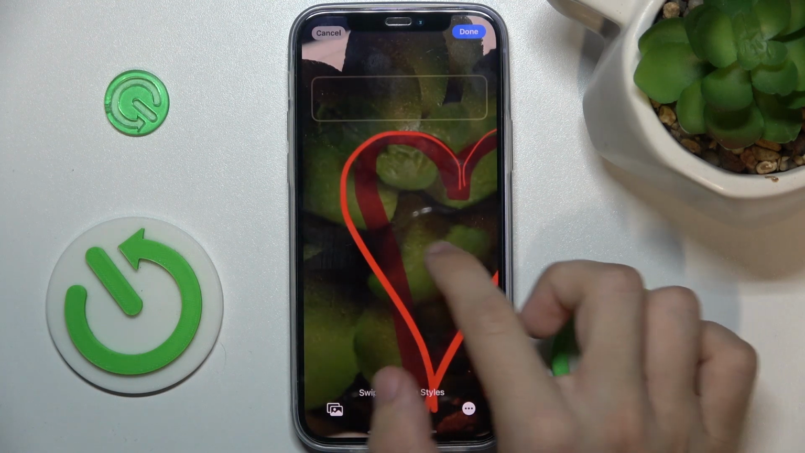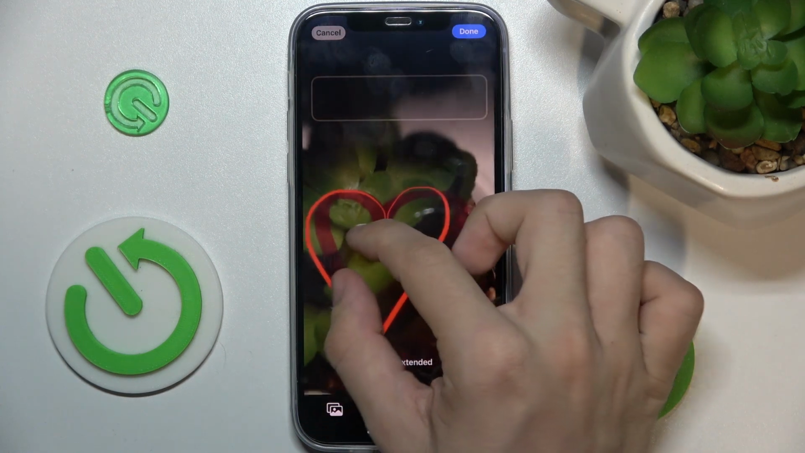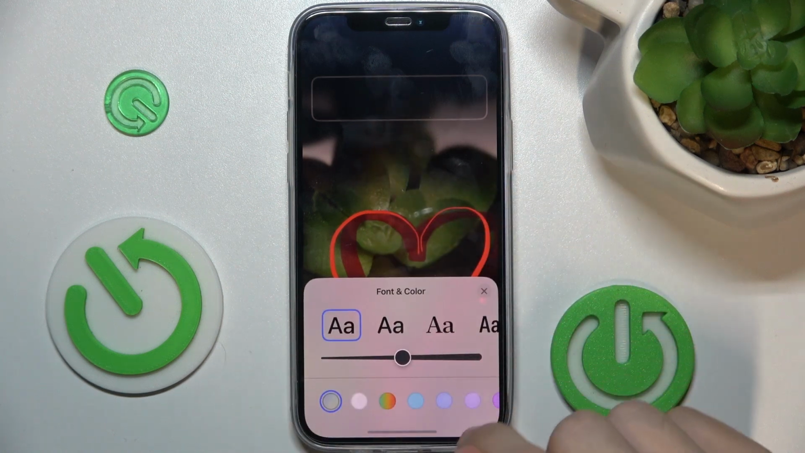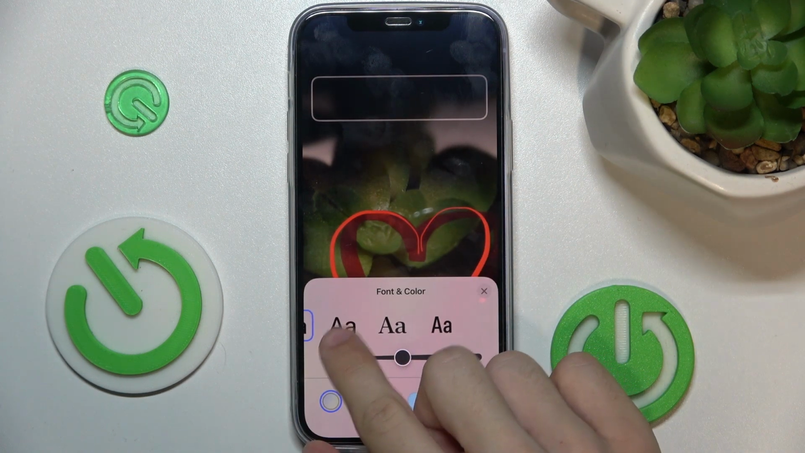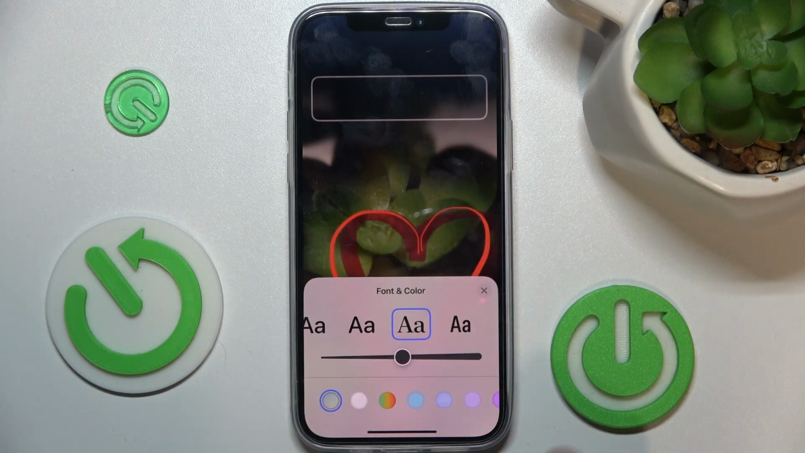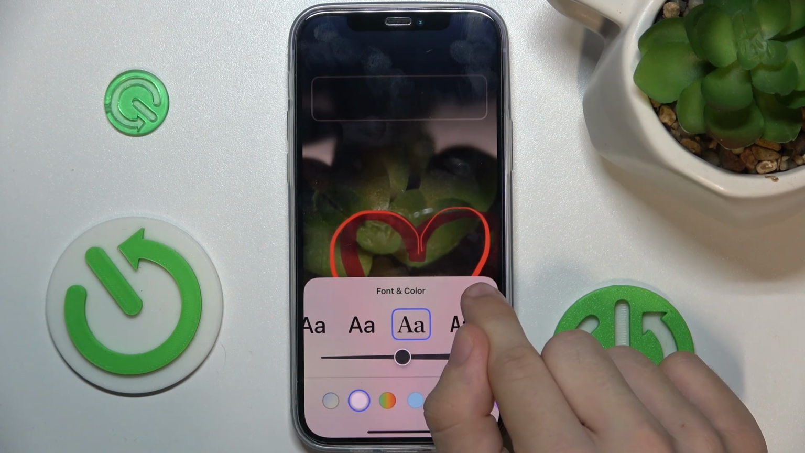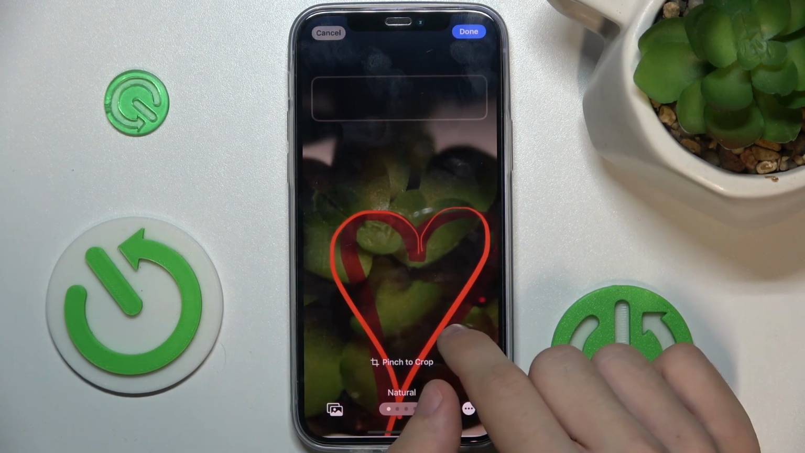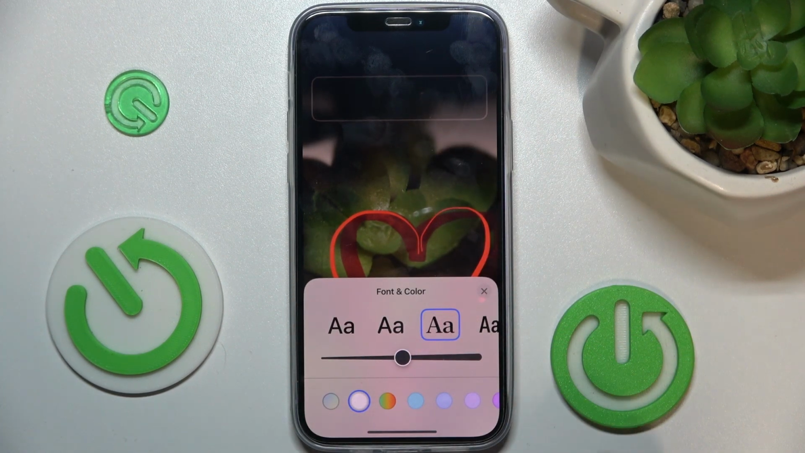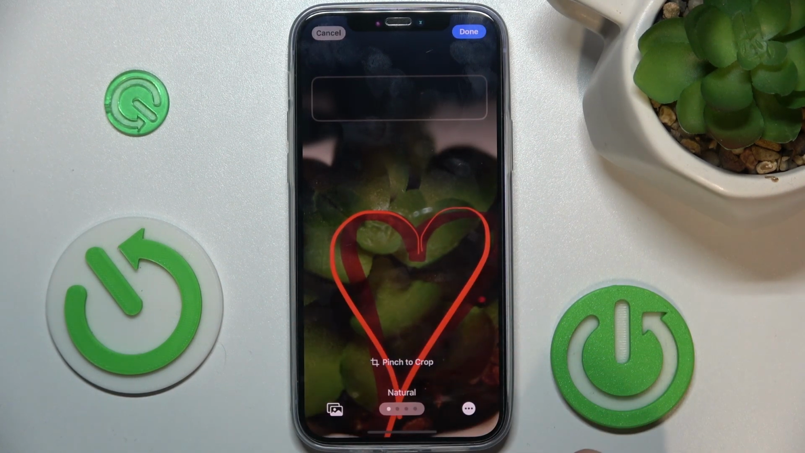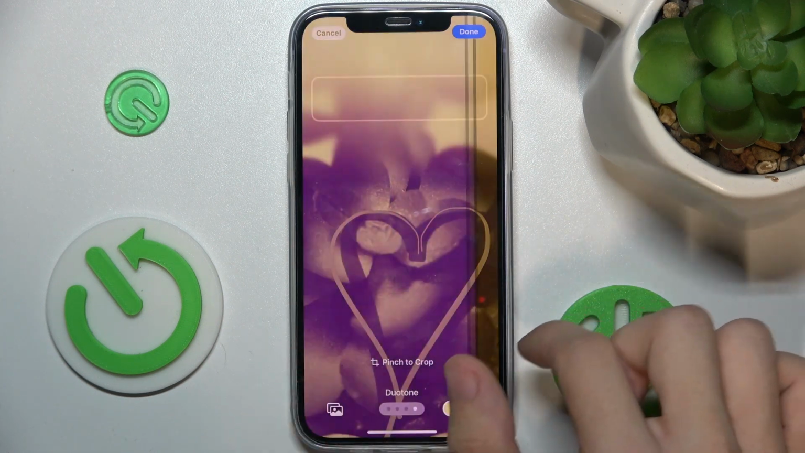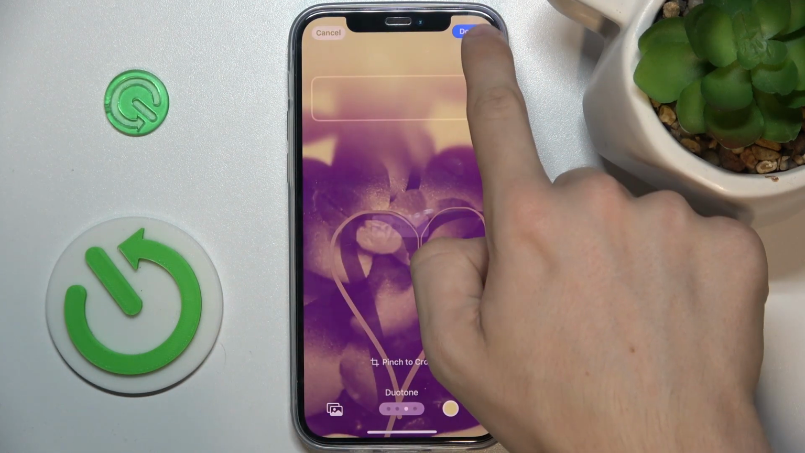This one, I can change its position, change the font, but I don't see it now because I haven't set a name yet. So let's just choose white color. I can edit it later. I can add filters to the photo, then press on done,